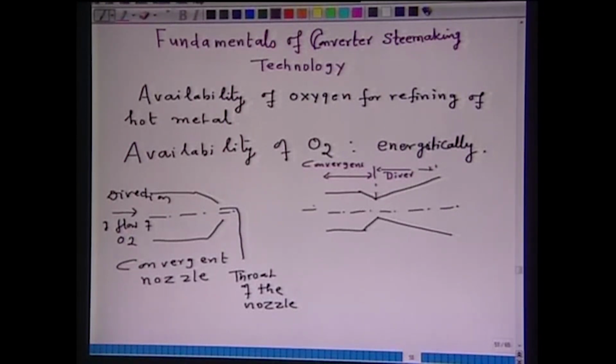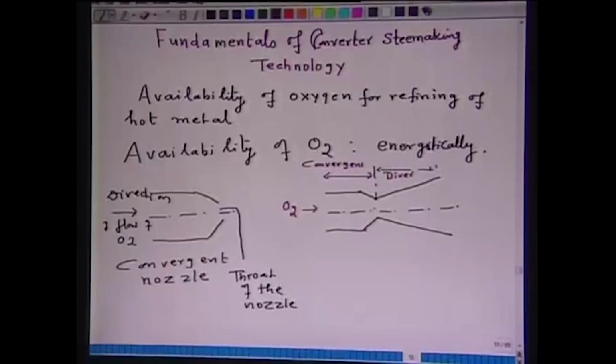This is again the direction of flow of oxygen. That means, the cross sectional area of the flow passage decreases first, attains a minimum value which is called the throat of the convergent divergent nozzle, and after attaining the minimum cross sectional area, the cross sectional area further increases in